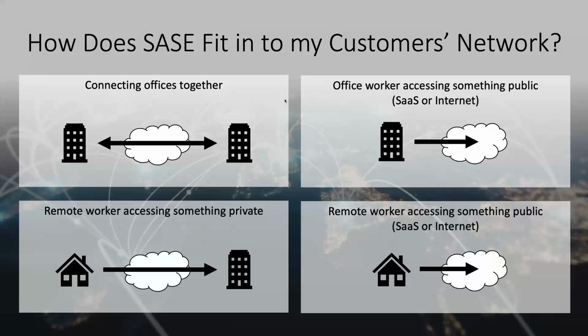And then the fourth one is, I have a remote user who's accessing public data, right? They're accessing public SaaS and internet sites. And this is really interesting, right? Because they're not going over a network boundary, but I need to be able to secure them as they're going both to those SaaS applications and the internet, right? So we'll dig into each of these four scenarios here, but again, I want to jump into a polling question.